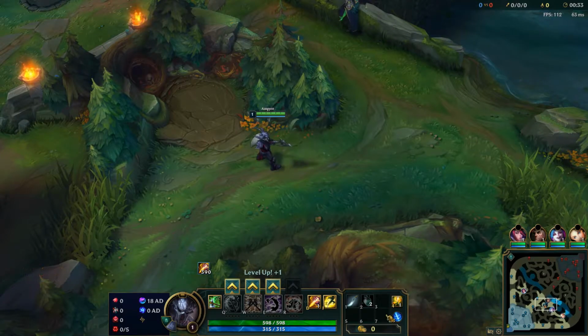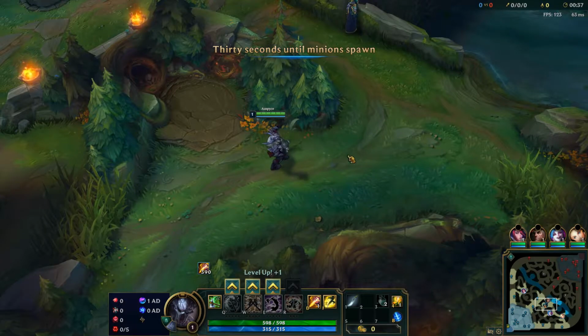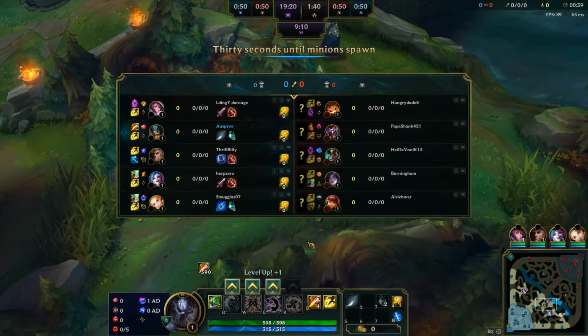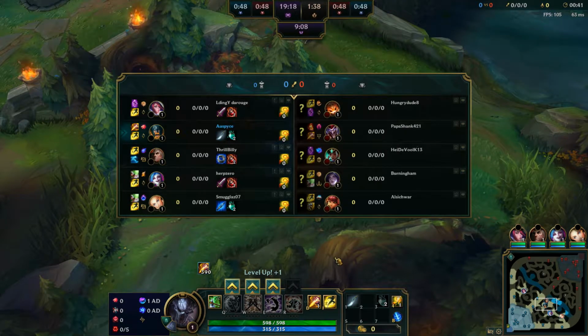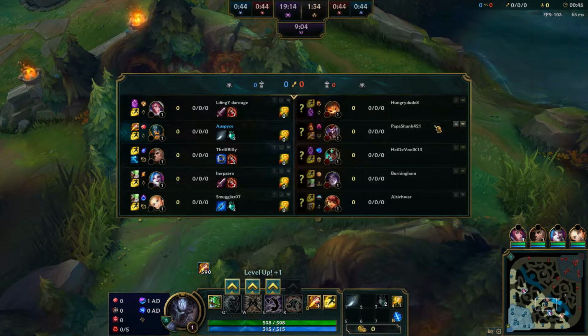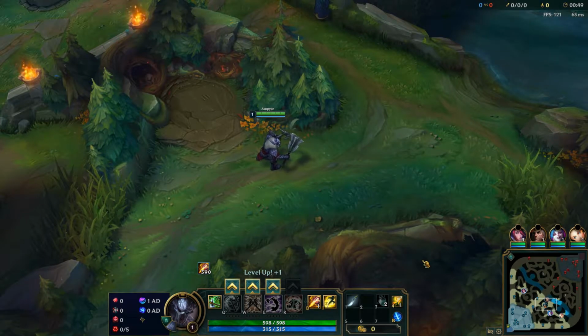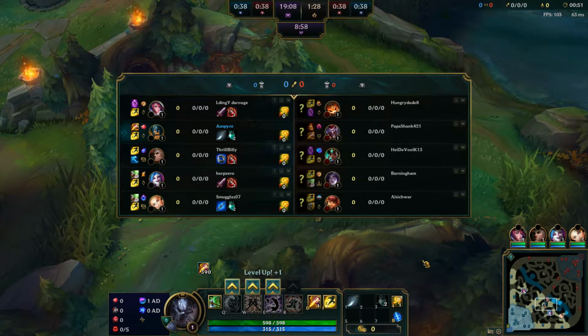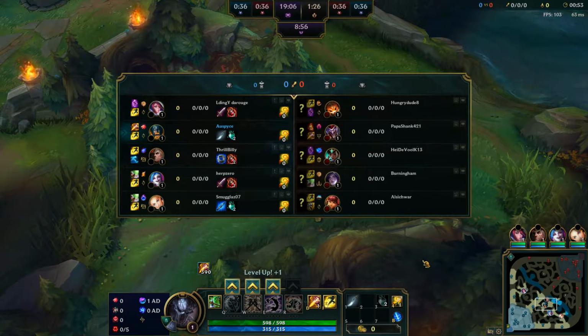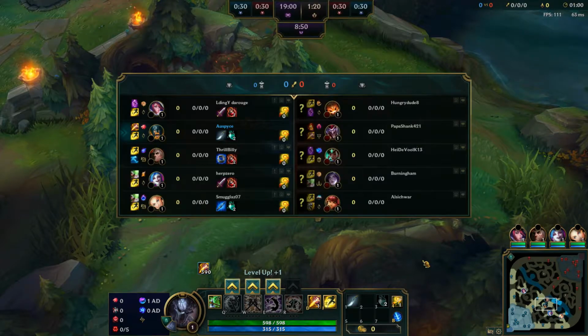I end the game with a 22-1 KDA, which is unheard of. Now this isn't just a stomp on some very inexperienced players. Shaco does everything in his power to get his team back in the game. He sees that me and bot lane are getting extremely strong, and he tries to counter this by ganking mid and top, which actually works pretty effectively, and he keeps mid and top in a bad position. But because of the early game snowball that I set up, we're able to carry the game to victory